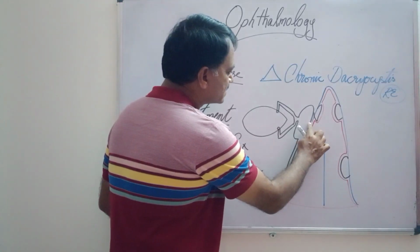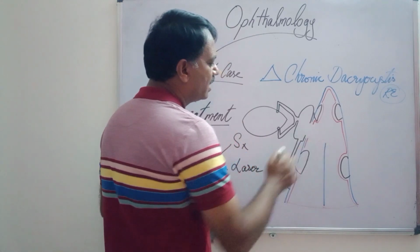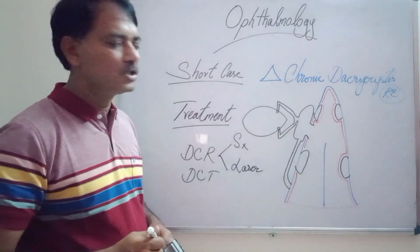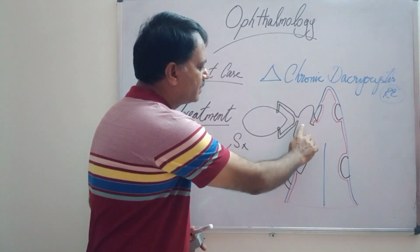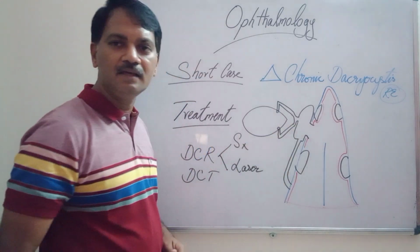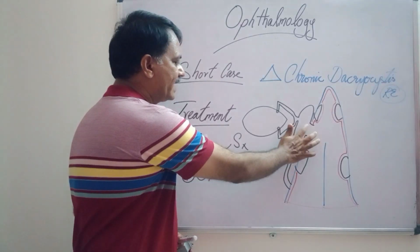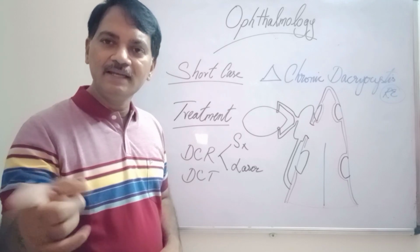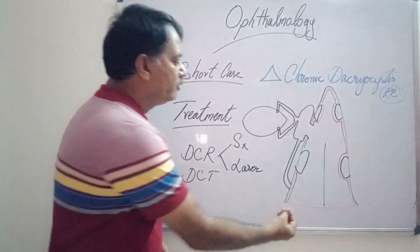We open this sac, we open the nasal mucosa and we suture them so that the water that is going through this part, without going through this, bypasses into the middle meatus of the nose. So this is called as DCR. This can be done in a different way also without making a cut on the skin, by doing an